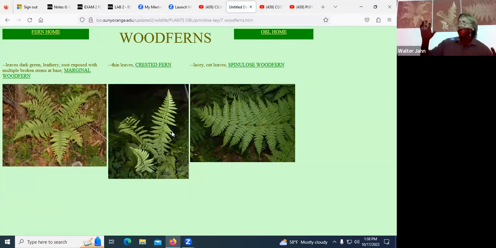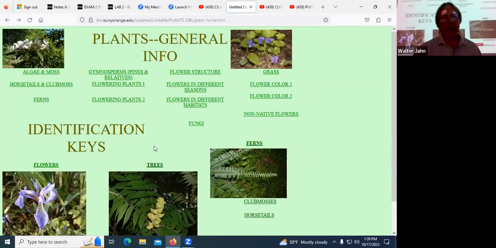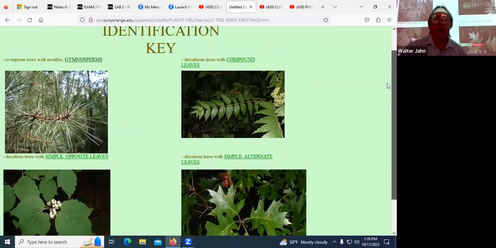Or something. So I can give you a picture and text, which would let you kind of walk through these keys to answer those. Okay. And then the same thing with trees. All right, so one